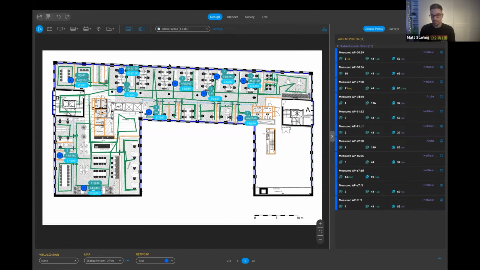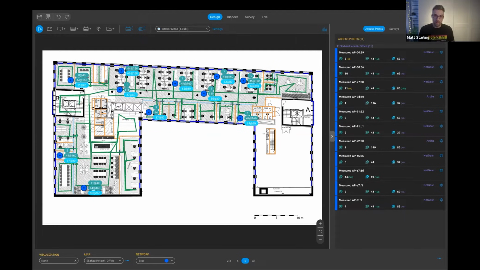measured attenuation. Now, before the days of using our amazing new feature, which I'm going to show you in a second, to get the accurate attenuation values of these materials, what you would have needed to have done is set up a test access point, if there wasn't one already at the site, at least 4 to 5 meters away from the attenuation material that you want to test. So for example, this